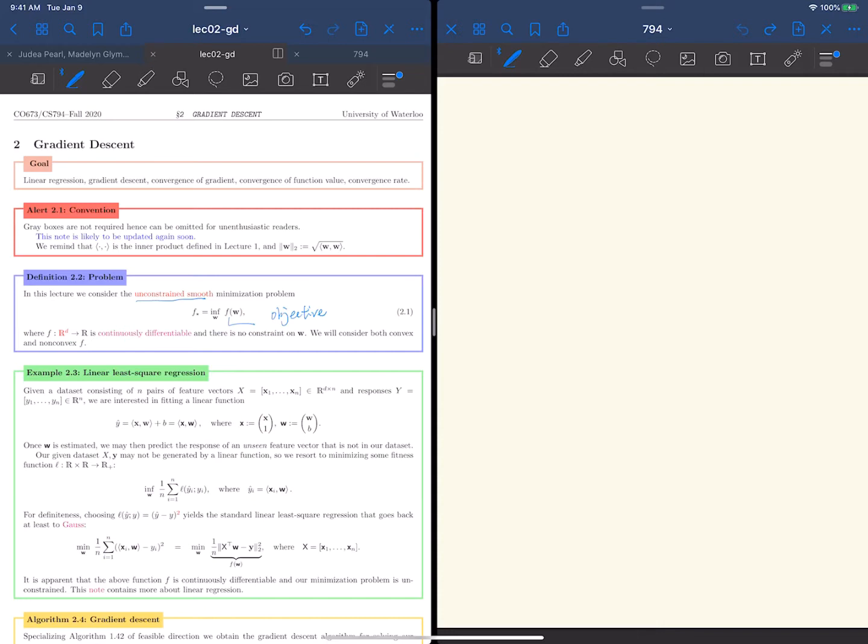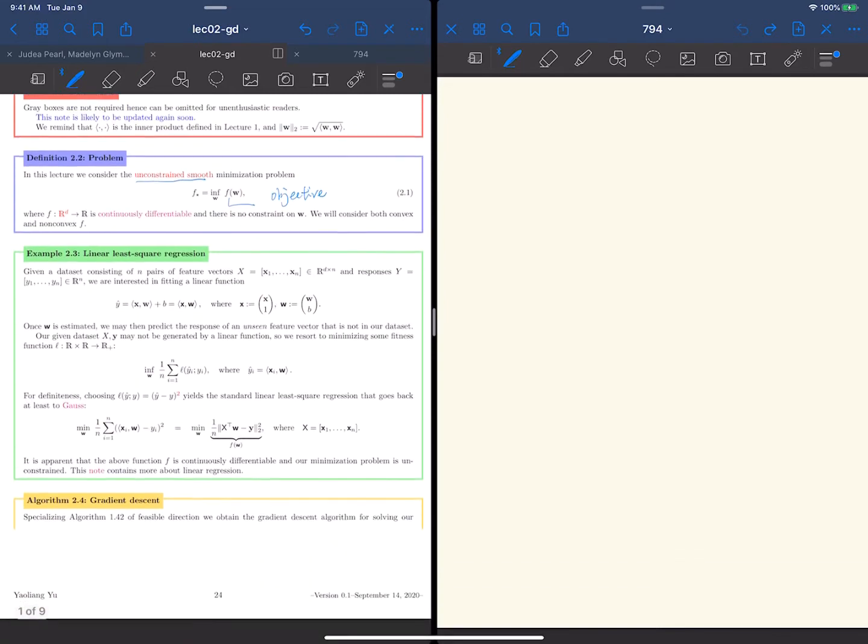The objective function is smooth, meaning that it is continuously differentiable. We'll be more precise about what we mean by a smooth function, but for now, you should think of this function as one you can take derivatives of. And we'll consider both convex and non-convex functions f. To give you an example from machine learning,